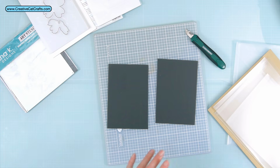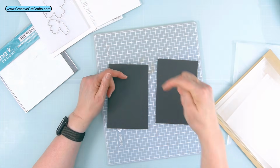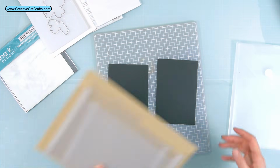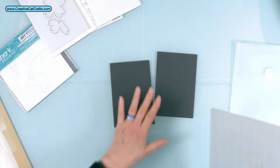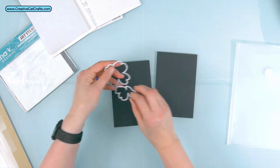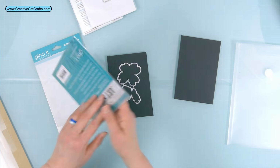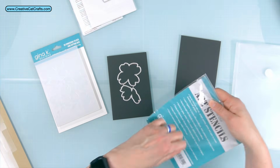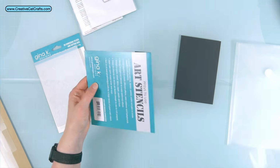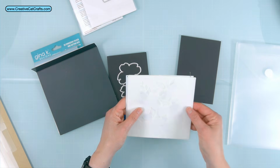But I will also have that ruler. Yep, I've got it on my list to make sure that I have that link down below. So let's go ahead and clear this out of the way. And I've already taken this. Then I've got my art stencils. Repurpose that plastic, and